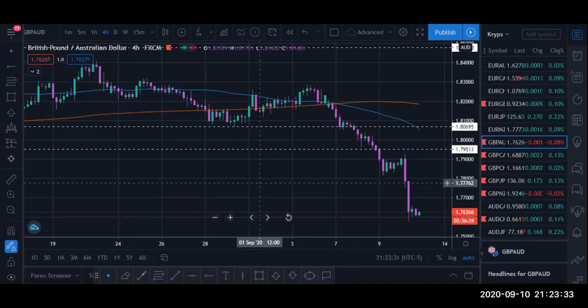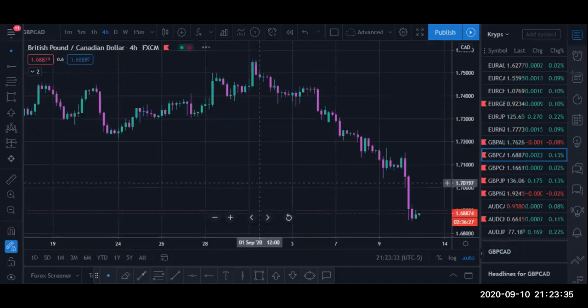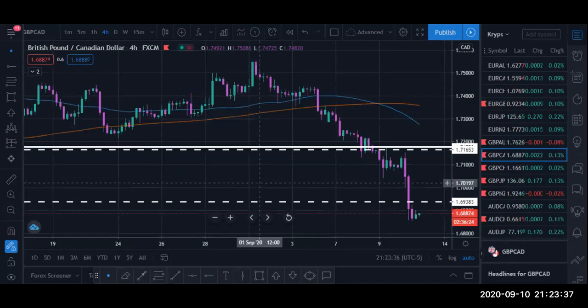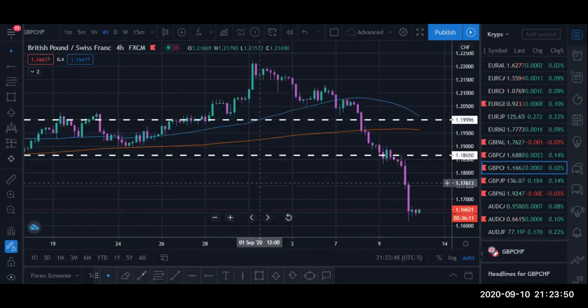I know the Aussie is gaining strength. The CAD had some nice strength. The oil inventories came out today, and I was surprised too, they had more oil than they expected. So that made the CAD go up, because the CAD, I think, is one of the biggest importers of oil. So the Swiss franc gained